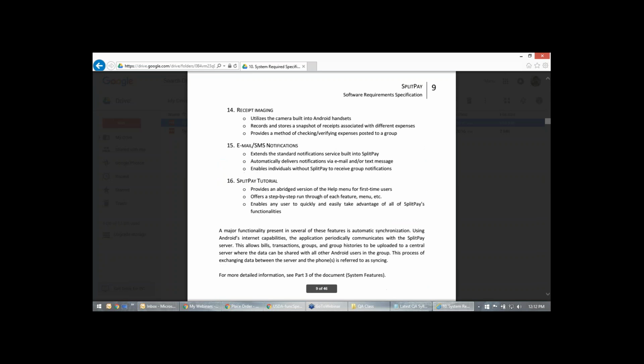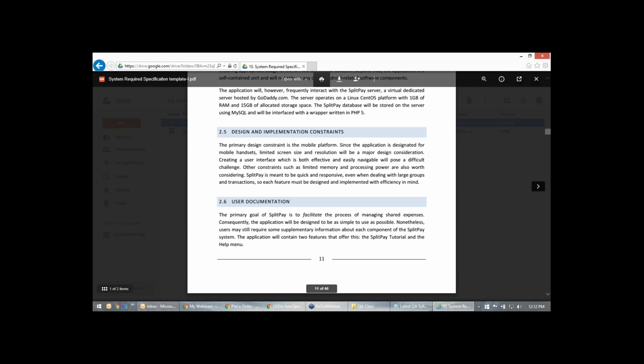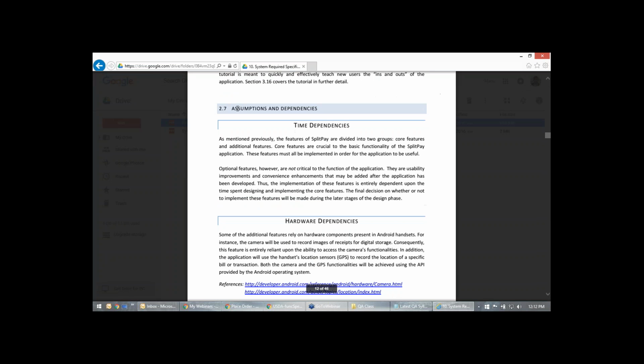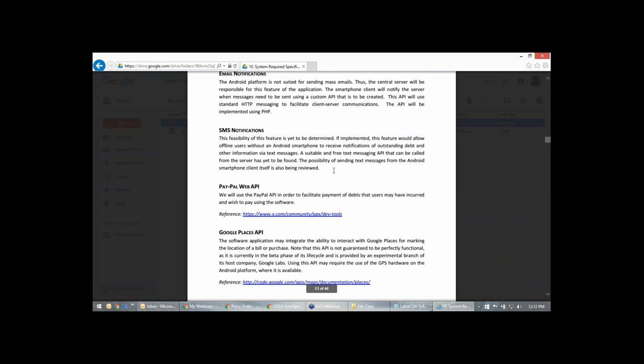It starts with an introduction, right? This will be based on the company's name. What they are trying to do, the operating environment, design and implementation constraints, user documentation, assumptions and dependencies. These are some parts of the SRS, system required specification.